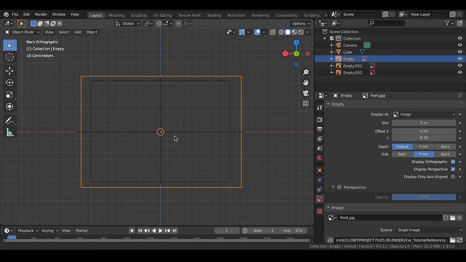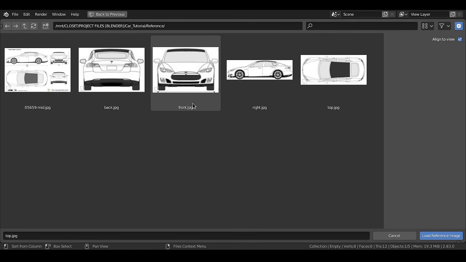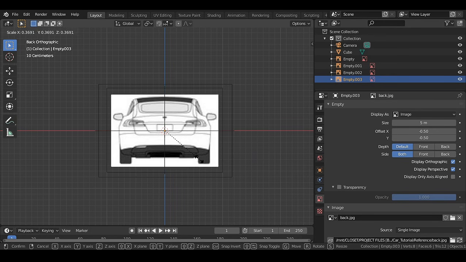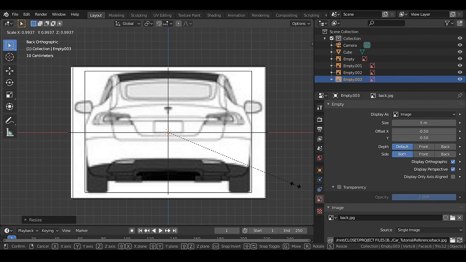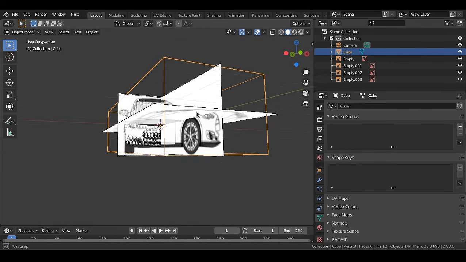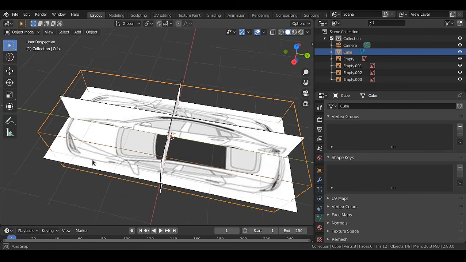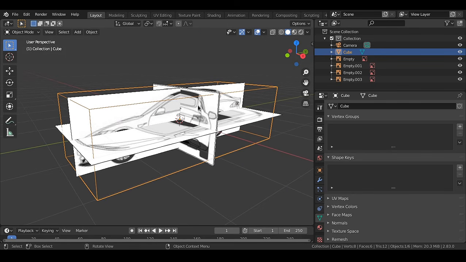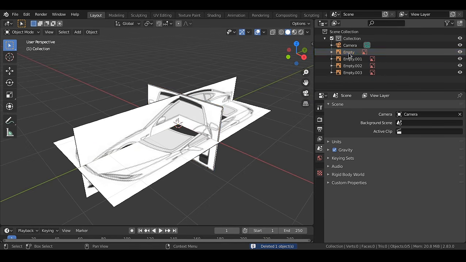So now we can go into the back view, Shift A, Image Reference. Let's select the back reference image, load it up, scale it down, and we are just repeating the same process here. And now we have finished making all the reference images, and we can get rid of the cube now. So I'll just delete it. Now let us